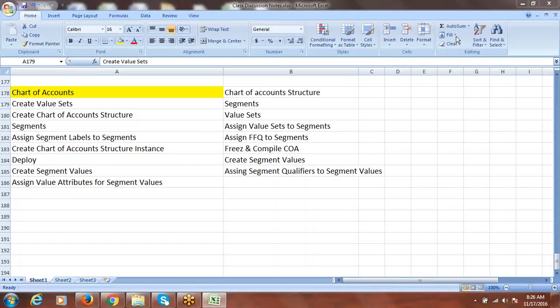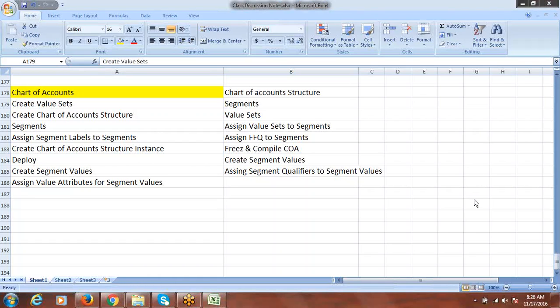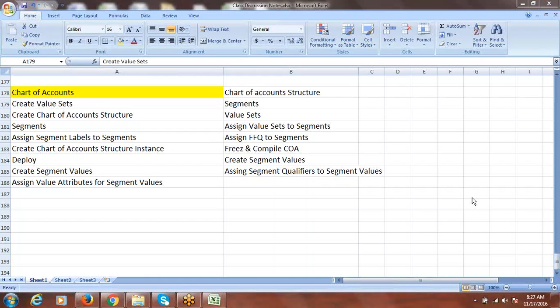So we have one question from Satya. Let me read it. Is data load supported to load the chart of account values? Yes. It's a good question, because I have to talk about this point also. Initially, I'm going to show you how to create the chart of accounts, calendars, primary ledgers, business units and legal entities through a manual process, and later based on this we'll go with our subledger applications.